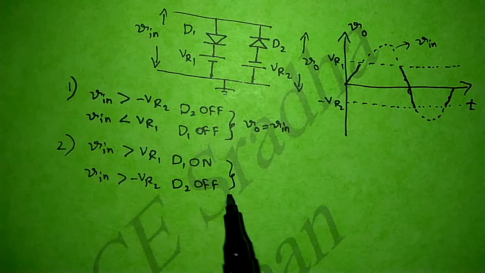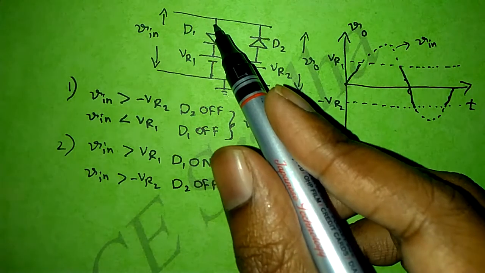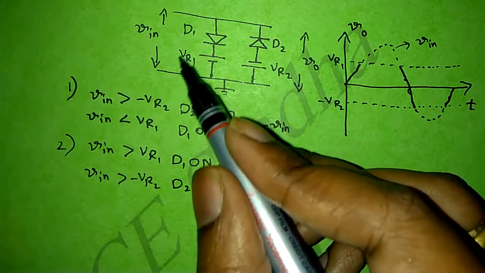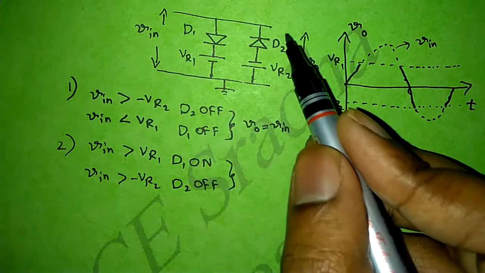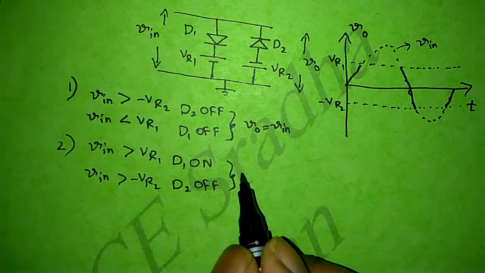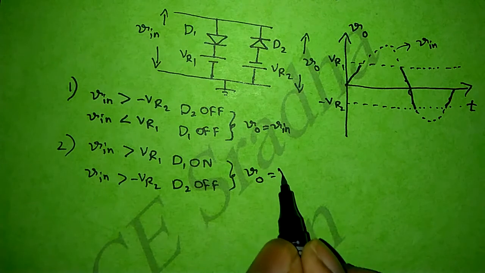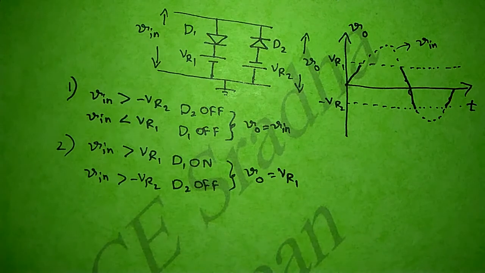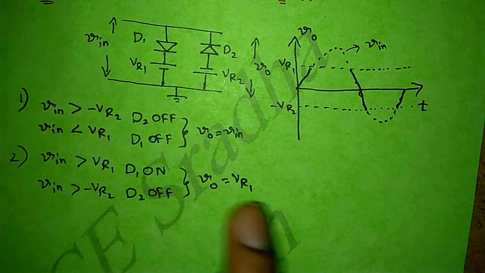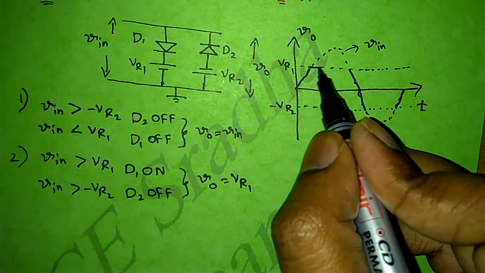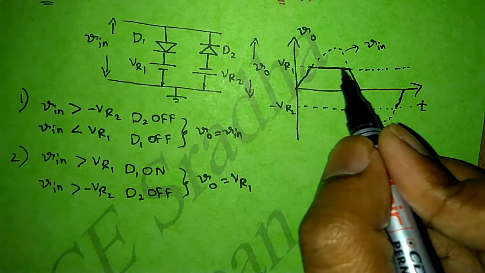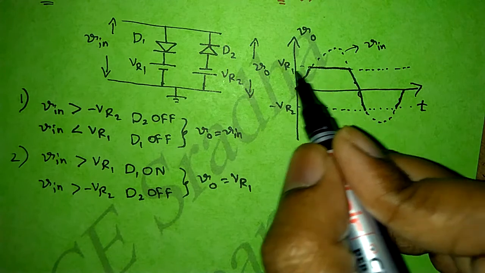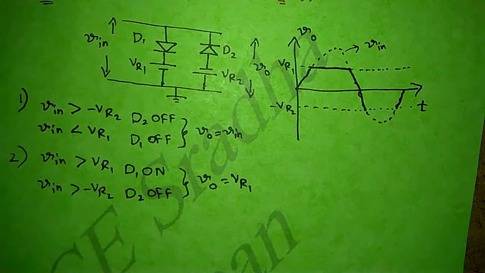From these two we can say that when diode D1 is short circuited, this reference voltage VR1 will appear at the output. So output is simply VR1. So I can represent this VR1 in the graph like this. From this point to this point, the output wave is just simply VR1. The third case is